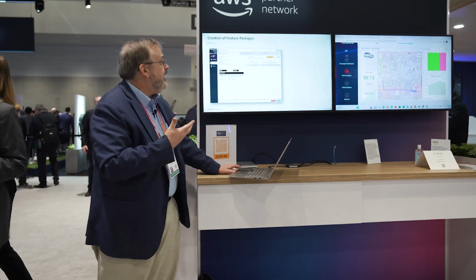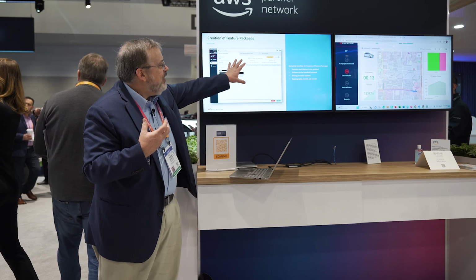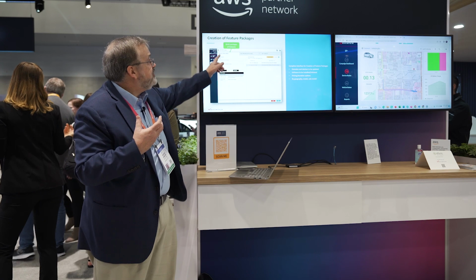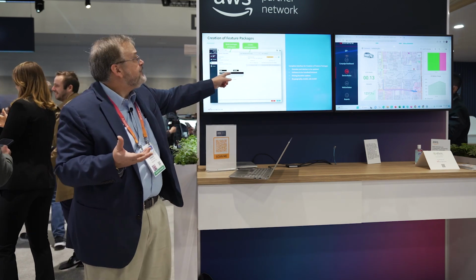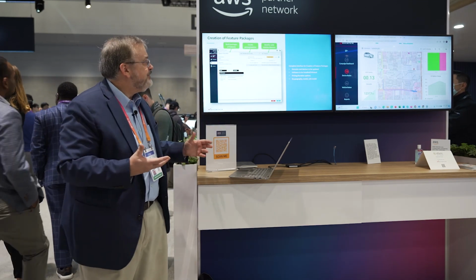So again, this is a platform that is now proven and demonstrated, and there are now vehicles just starting to ship that have this working in the platform. To take a look at what that would mean from the standpoint of the OEM, you'd be driving an interface that lets you build your packages of features, create the pricing and policies for those features, and identify which devices and which classes of vehicles can subscribe to this feature package.